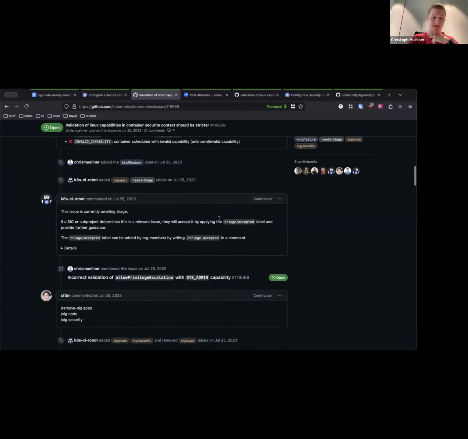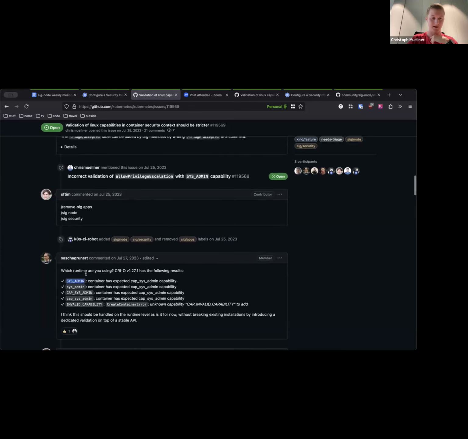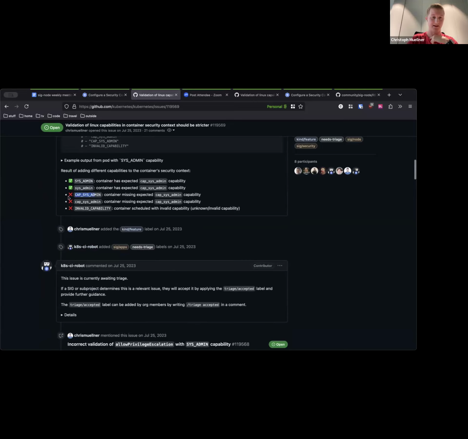What currently happens is basically that CRI-O is smart about adding this CAP_ prefix. So it only adds it if it's not part of the initial one. So here it adds the CAP_ prefix because it's not part of the initial one, and here it doesn't. But on the containerd side, if I set this capability, then I get CAP_SYS_ADMIN with a doubled prefix, which is not a valid Linux capability. So it's also possible to fix that on the container runtime level, but I'm assuming there are also potentially other runtimes that may have different behavior altogether. So in my opinion, it would be best to resolve this as early as possible. But yeah, it's kind of a breaking change.